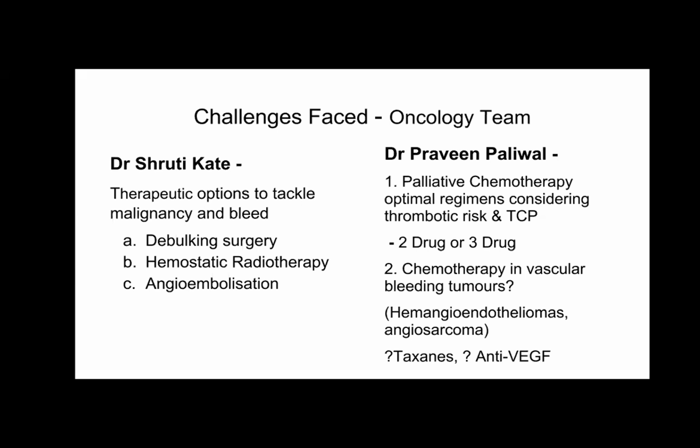If the histology is angiosarcoma, my option will be the taxane, because they are the regimen of choice for angiosarcoma. So I will use the paclitaxel drug as a part of the chemotherapy regimen. Okay, sir. And any options for anti-VEGF? Do you feel we can use them in bleeding tumors with thrombosis? I'm not so sure. For angiosarcoma, taxanes are the regimen of choice. For the anti-VEGF, I'm not sure.